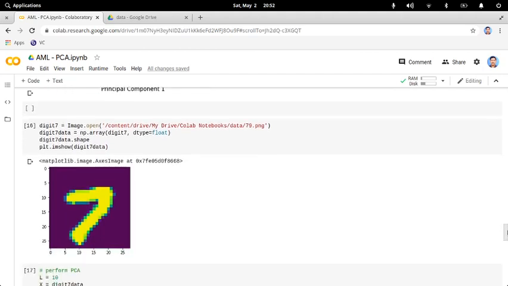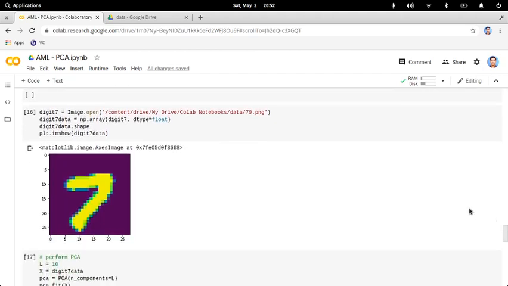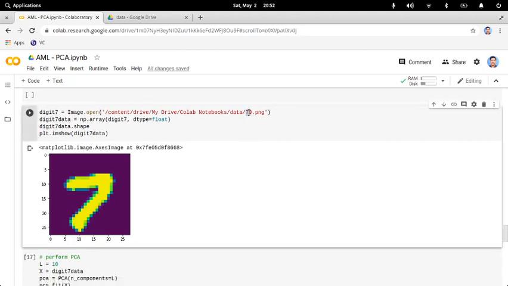Now let's take a simple example. You download the image given in our Canvas course page. This is an image taken from the MNIST dataset, an image of the handwritten character 7.